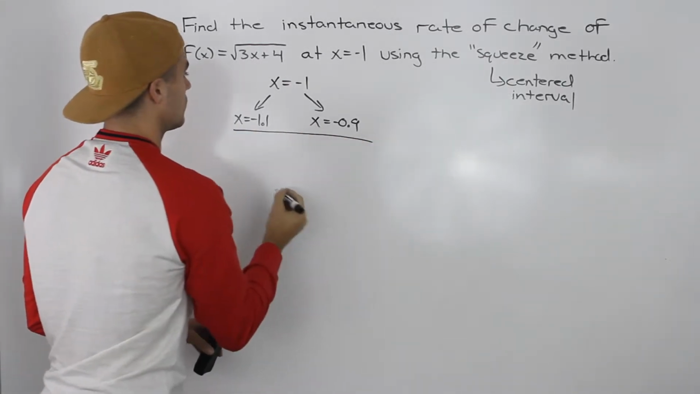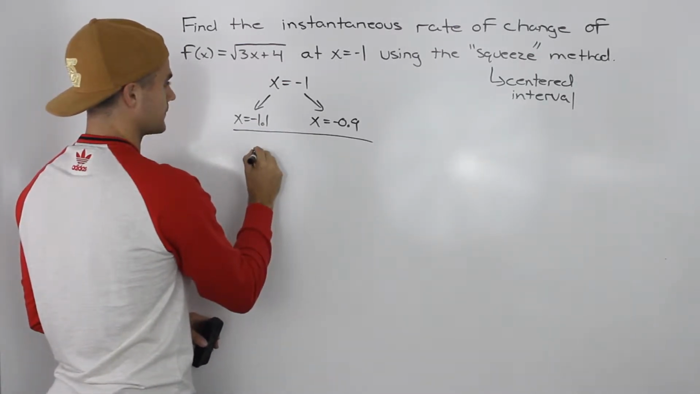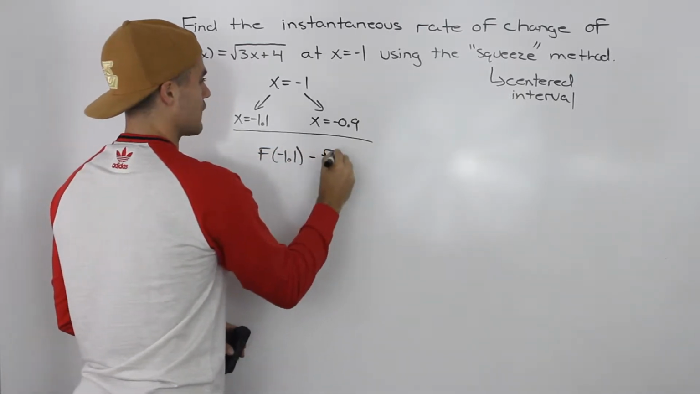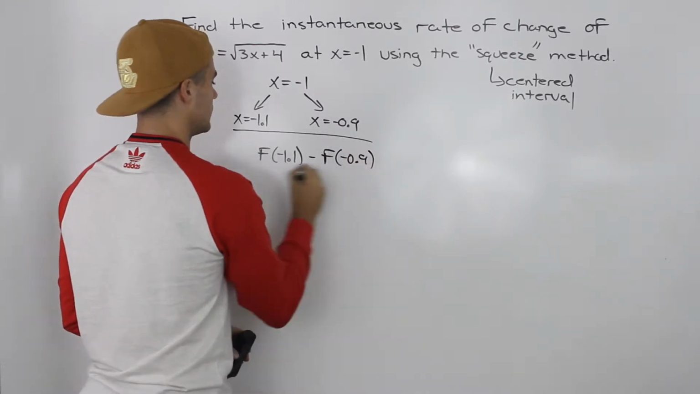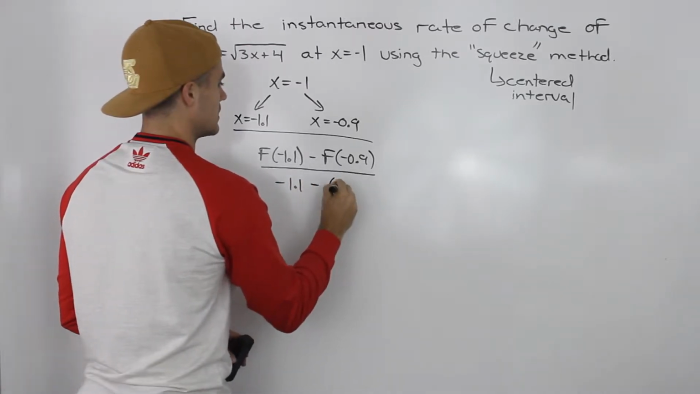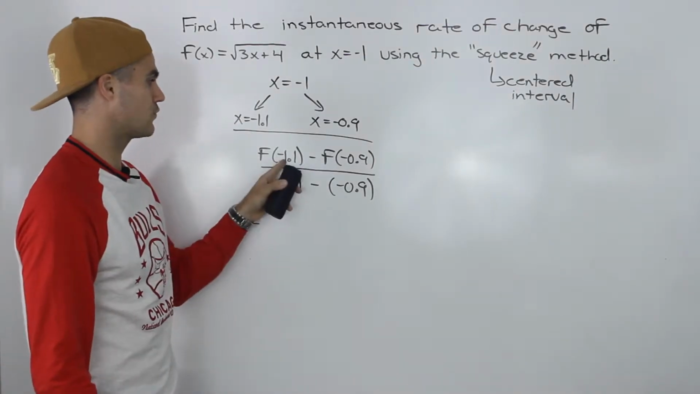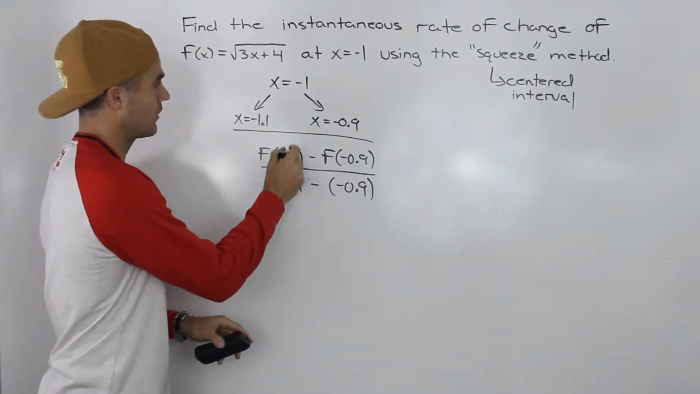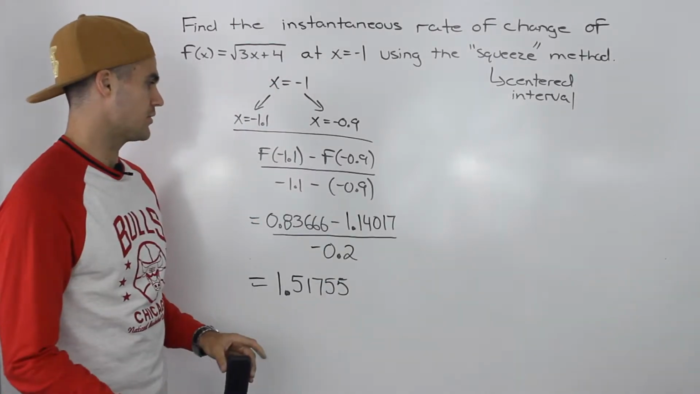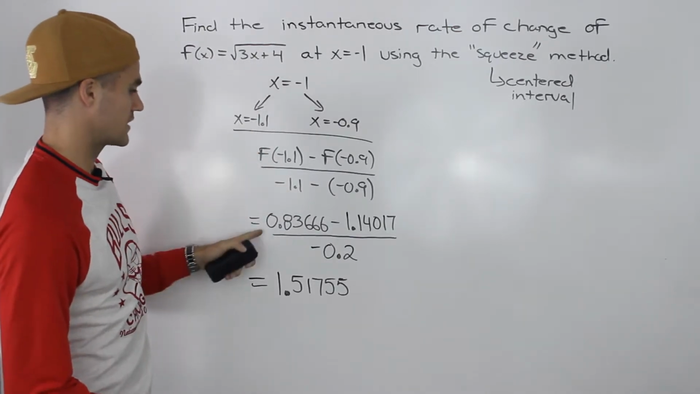So if we use this interval, the average rate of change in this interval would be f of negative 1.1 minus f of negative 0.9 all over negative 1.1 minus negative 0.9. And to find f of negative 1.1, what you do is you plug in negative 1.1 for the x in the function, and then you put that value there. So when you input everything in the calculator, f of negative 1.1, if you plug in negative 1.1 for the x value, you would get